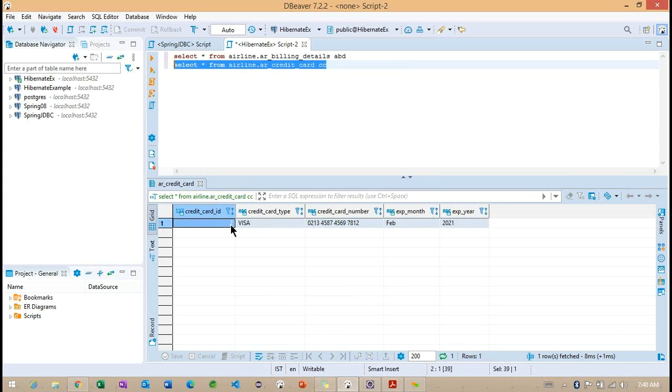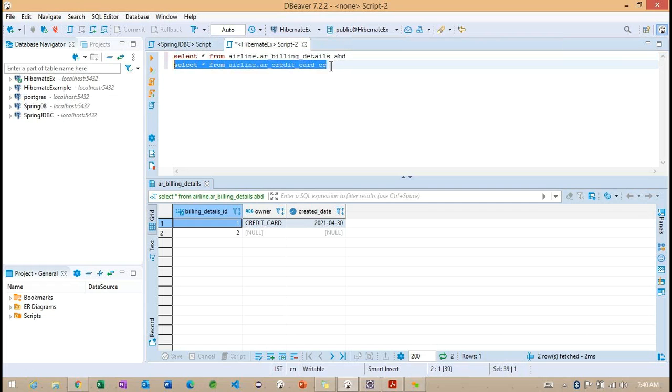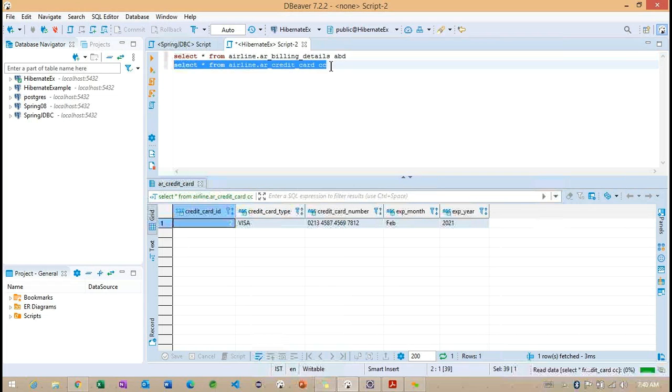Okay. So now with the reference of this particular ID, the reference ID to the credit card. Here we have detail ID 2, but with the reference of ID 2, we don't have any record here. Getting the point? But the same ID 2, we do have a record in the card information.